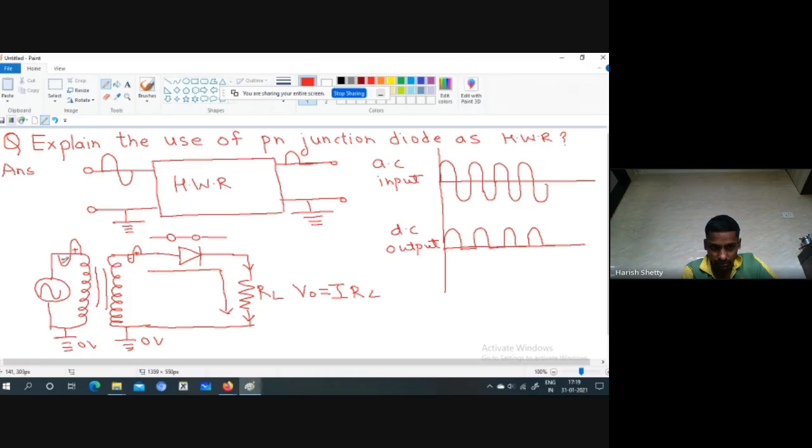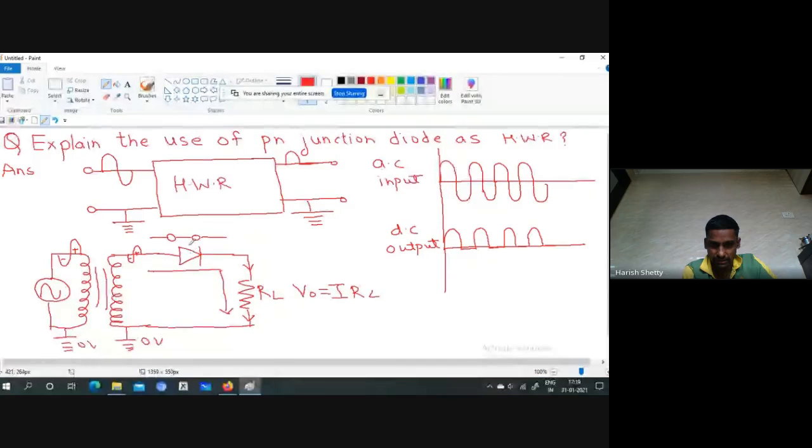Now during our second half cycle, negative voltage comes, but this negative voltage is less as compared to this because there is a step down transformer. Our diode is reverse bias. That means this is getting negative voltage and this is getting the high voltage, zero. Zero is high voltage as compared to the negative voltage. So our diode is reverse bias. That means cathode is getting more voltage as compared to the anode. So cathode is positive with respect to anode, therefore our diode is reverse bias.